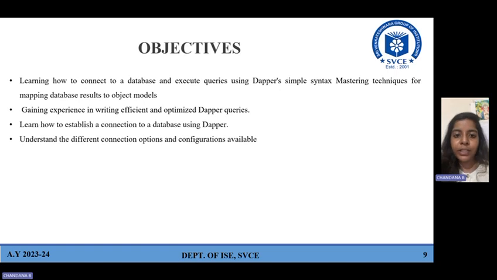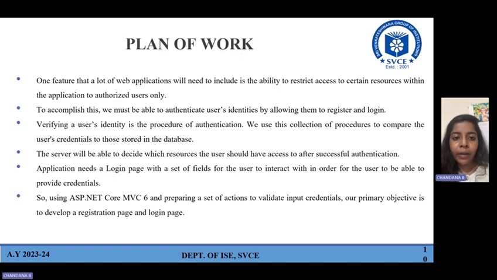So the next one is the plan of work. For here, one feature many web applications will need is the ability to restrict access to certain resources within the